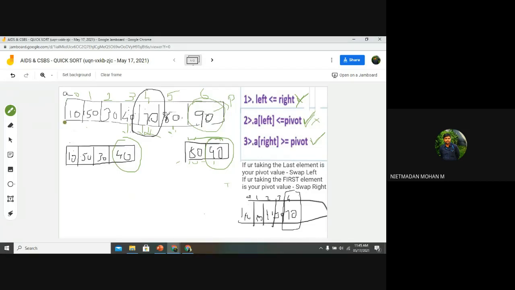Once you have written the code for this, this will be split in 2, and these 2 lists will be considered as individual lists. If you are going with the last element in your program, then the last element is your pivot number. If you are going with the first element, then the first element is your pivot number. So here I am taking the last element. So this 40 is again my pivot number, and this 90 is again my pivot number.